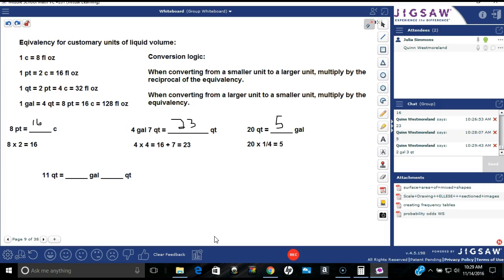All right. So we have 11, and we're going to convert that to gallons, correct? So we have to first multiply by the reciprocal of the equivalency. Okay,